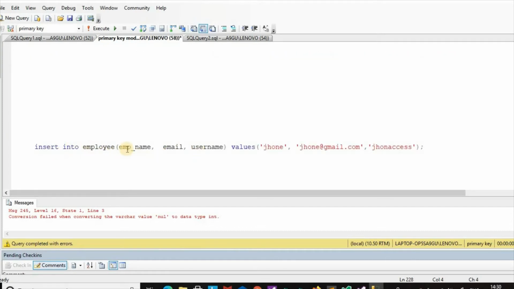Insert into employee EMP name, email, username values john, john@gmail.com, john access. Here we have made a query where EMP ID is not there. We try to insert the values without EMP ID, and for EMP ID there is no value.